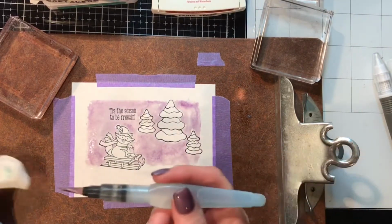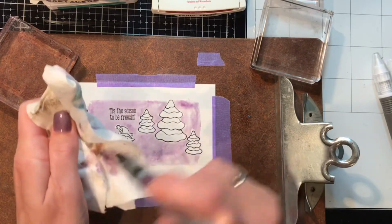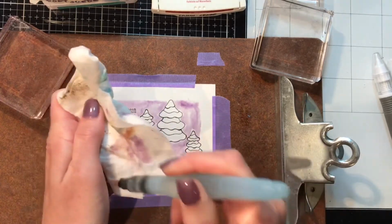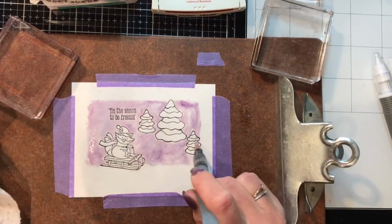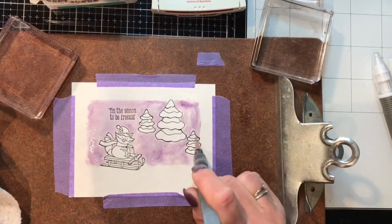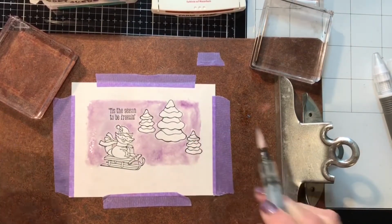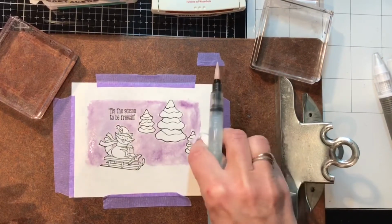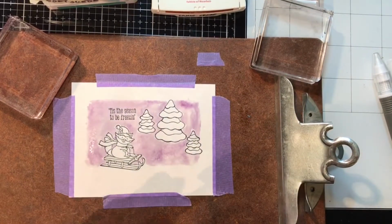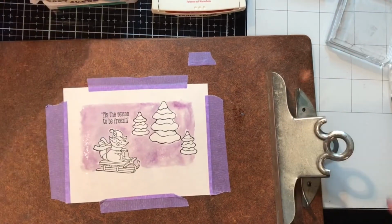We're good. So what I'm going to do now is clean this off, clean off my brush, and then I'm going to come back and push out that purple where I don't want it, and then dry it. There we go. Okay, speaking of drying,